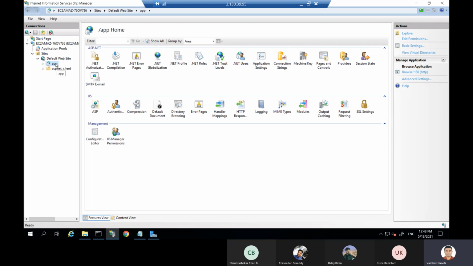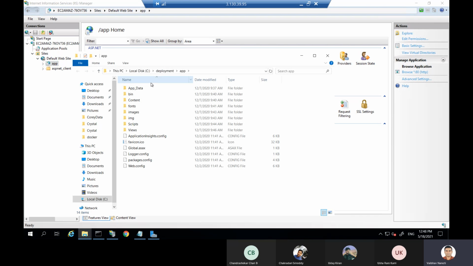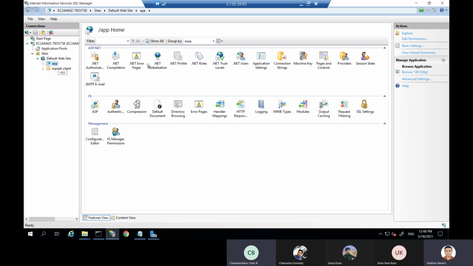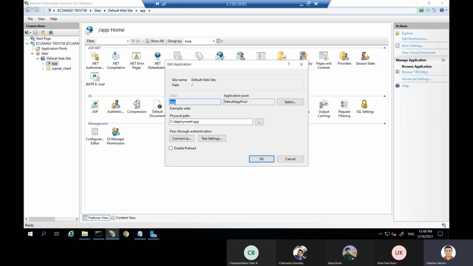In that app pool, once you right click and explore it, it is exported to your C drive app folder, where all your application information is. If you see the basic settings of this app, it is the app with the application pool as the default pool, and the physical path. This is the only basic requirement to create our IIS web server for the web app. Other than that, nothing is required specifically.